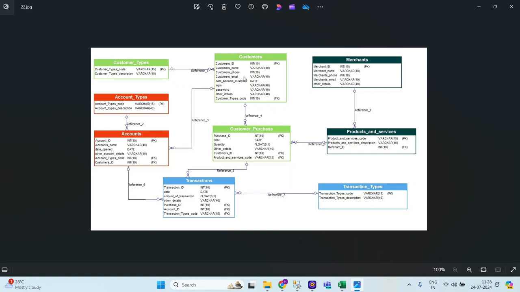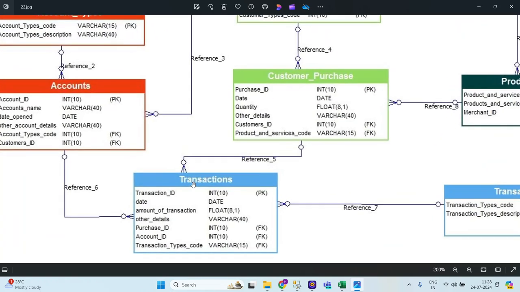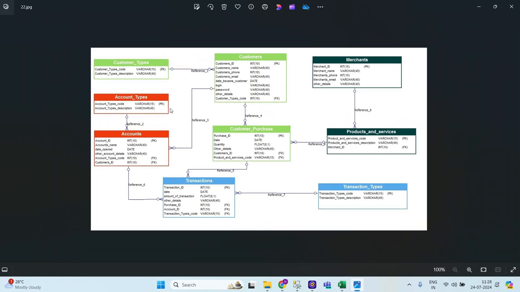Okay, so which is the fact table over here? Yes, right. I think only transactions is the fact table, and all the others are dimension tables. Why? Because if you see over here,